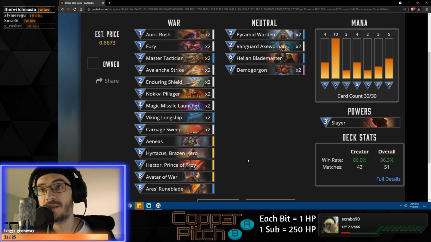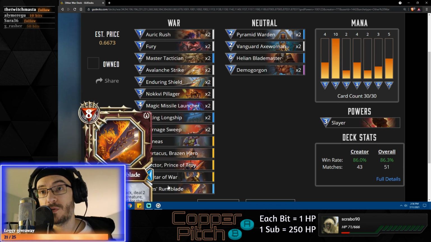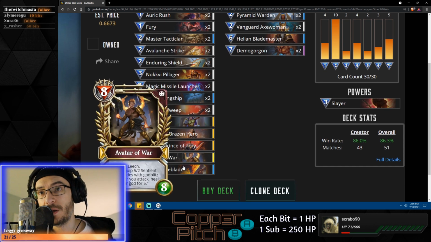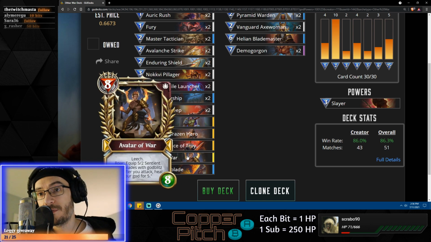It only has a few counters, namely being ramp magic, as I can't stop an OTK from an Avatar of Magic. Could still possibly win. Basically, the goal of this deck is to win at 8 mana with an infinite durability relic here, because I'm playing Slayer. So Avatar of War gives you a 5 attack, 2 durability God Blitz weapon that after you attack